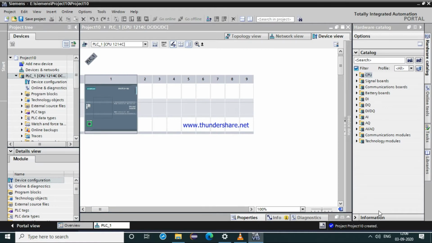After adding that device, we can see this page. The CPU that we had selected has been added on this page.